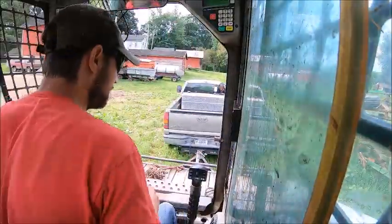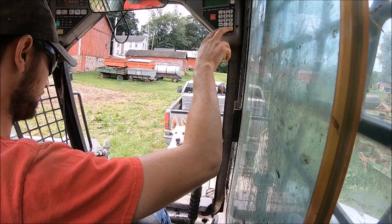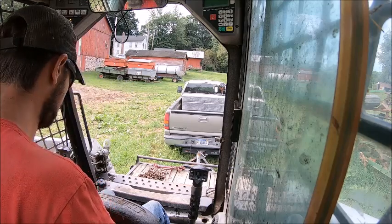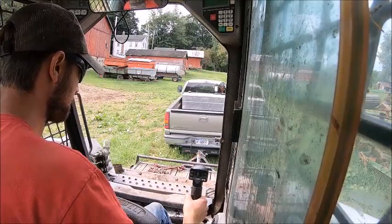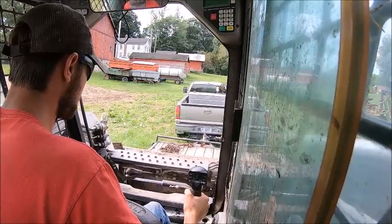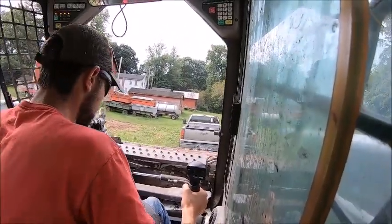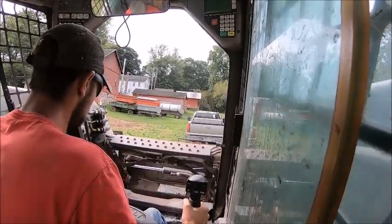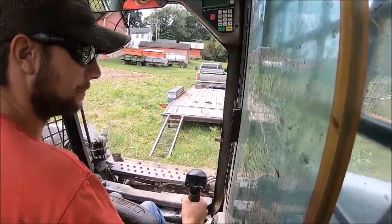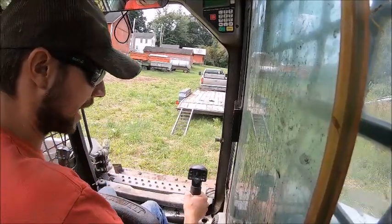And honestly, a skid steer, so well, I'll show you what we got to do when we get up by the pile. Skid steers aren't the easiest on a side slope to begin with, but this track machine,